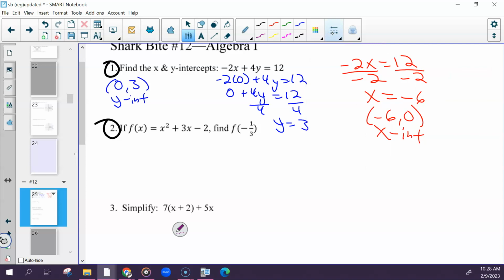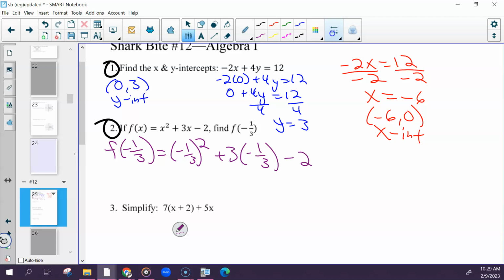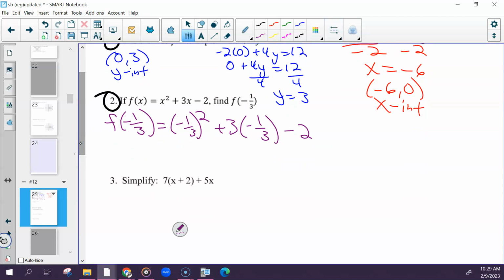For the second one, it's giving us some function, and it wants us to evaluate when x is -1/3. So every time you see an x, you're going to replace it with -1/3. And whether you put this all in the calculator or do each piece by hand, I'll show you both. So by hand, this would be -1/3 times -1/3, so that would give us 1/9,